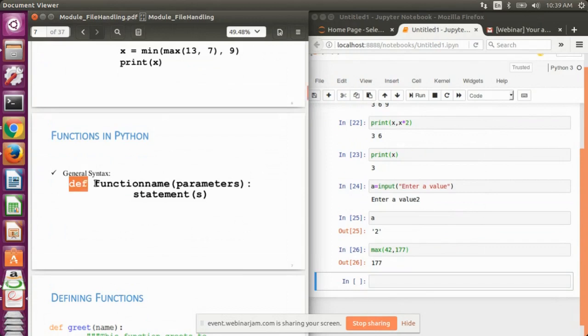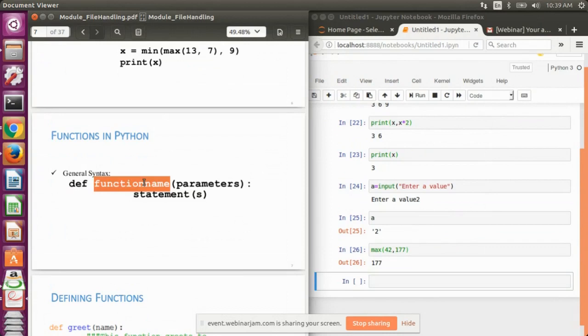Then we write the function name, which you can name according to your requirement or style. If I want to name a function sum, we can, but it is better to give a unique name that you think will not exist in the predefined functions.